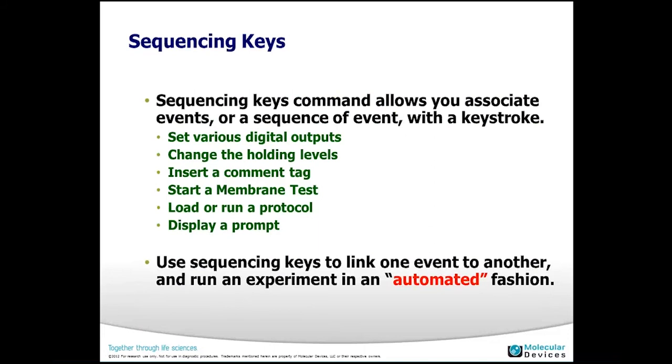The next one is, of course, the sequencing key. The sequencing key allows you to associate several events as a sequence of events. For example, you can associate the digital output or change the holding level, or you can also associate the memory test, where you want to run the memory test or load the protocol. Okay. Now using the sequencing key to link one event to another, just like you run an experiment in an automatic fashion. After you patch a cell, you can run a series of protocols without stopping the